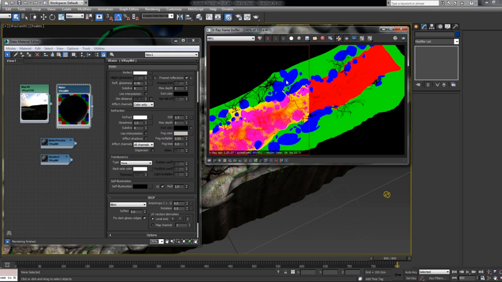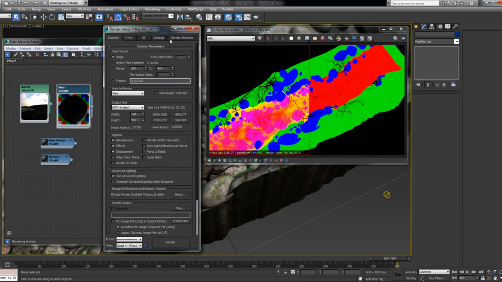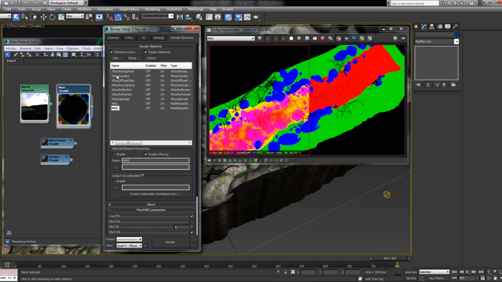So if I come back to the multi-matte, you can also see now that I'll be able to make a selection for the stones, no matter if they're above or under the water, which will be very handy for the compositing. And one last thing before the final rendering, I will open the render elements tab again, and I'll select